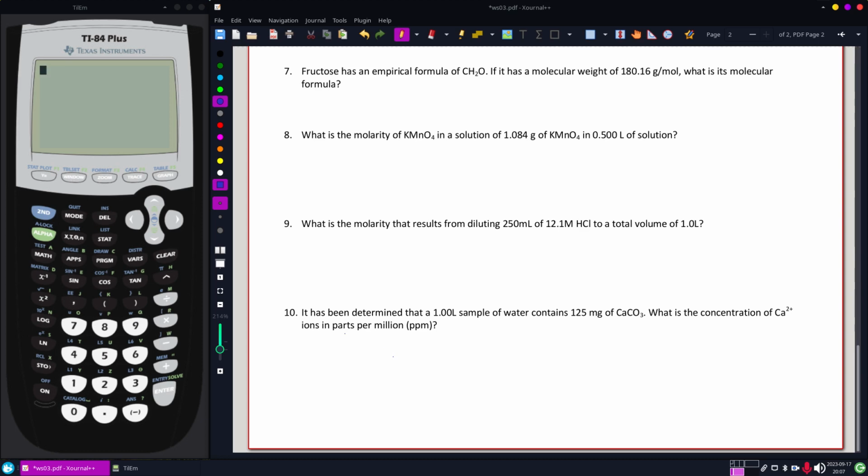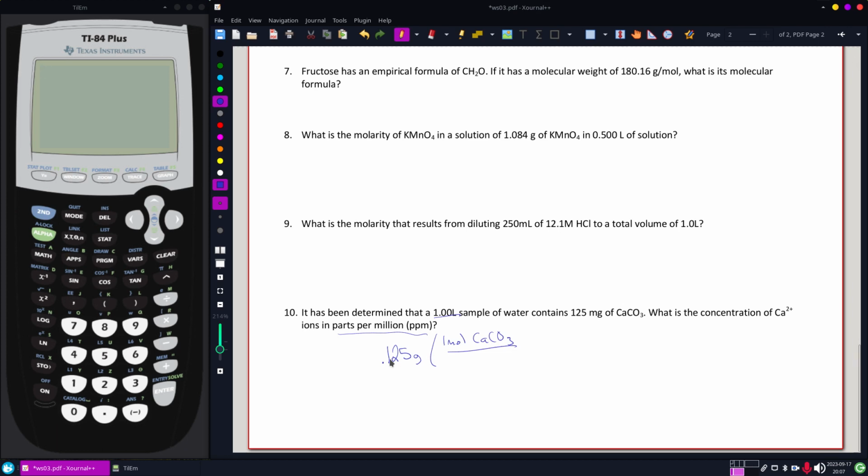Alright, so what we're going to do to get a parts per million is technically get the mass of just the calcium compared to the mass of that whole 1 liter of a container. So I'm going to need to start with that 125 milligrams, which I'm going to go ahead and immediately turn into grams. And 1 mole of calcium carbonate